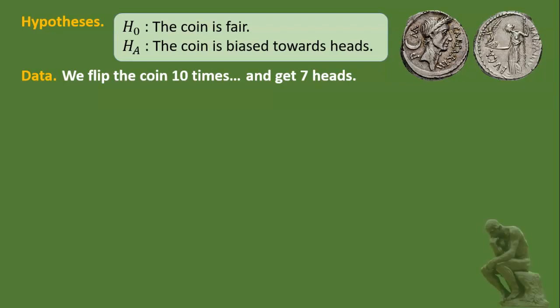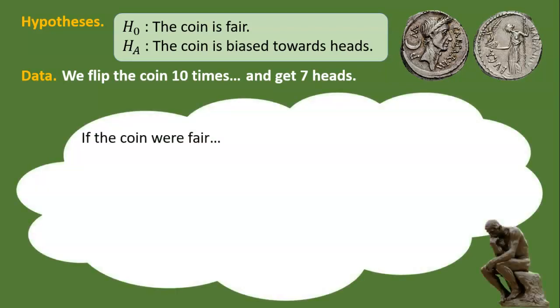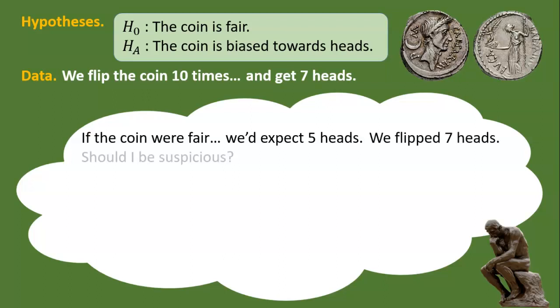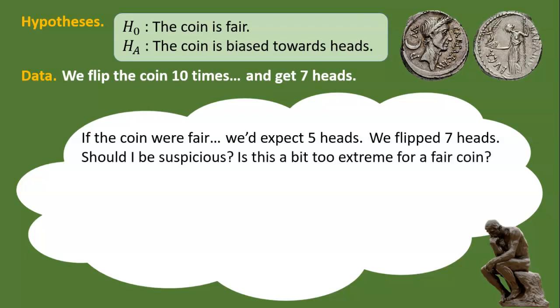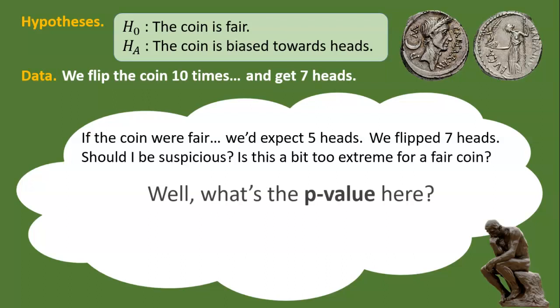First, we need to suppose for the moment that the null hypothesis is true. If the null hypothesis is true, then the coin is fair. And if the coin were fair, the thinker thinks, we'd expect 5 heads when we flip it 10 times. Of course, we know that we won't always get 5 heads. That's just the long-run average. Still, we flipped 7 heads. So, should I be suspicious? Is this a bit too extreme for a fair coin? And with this thought, the thinker proceeds to the second of our 3 steps and asks, well, what's the p-value